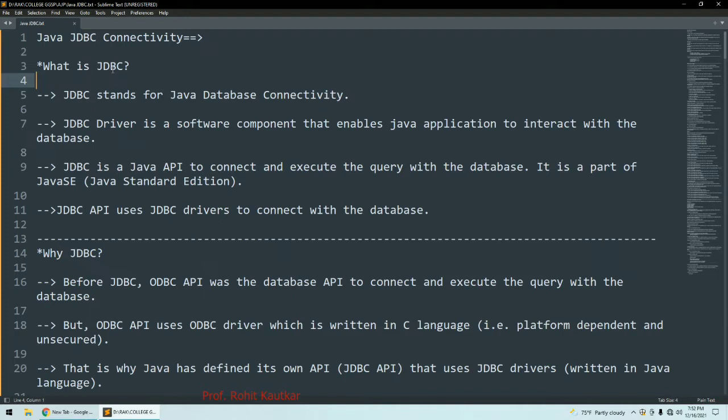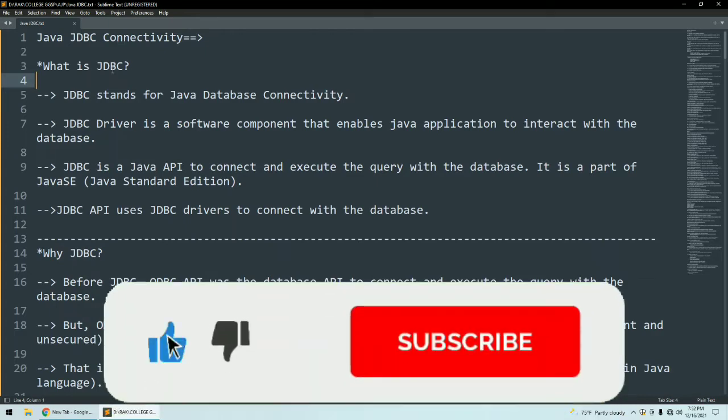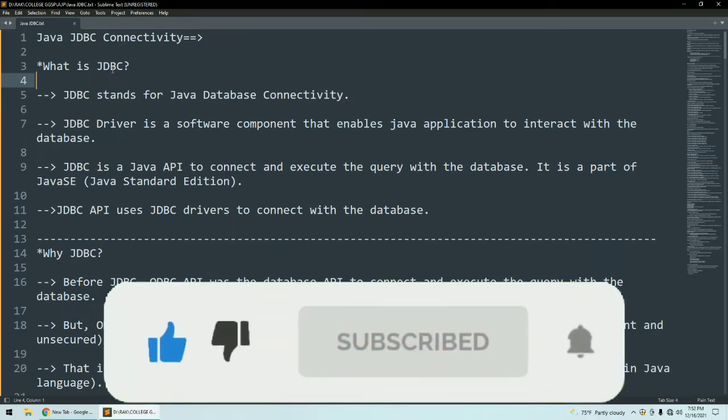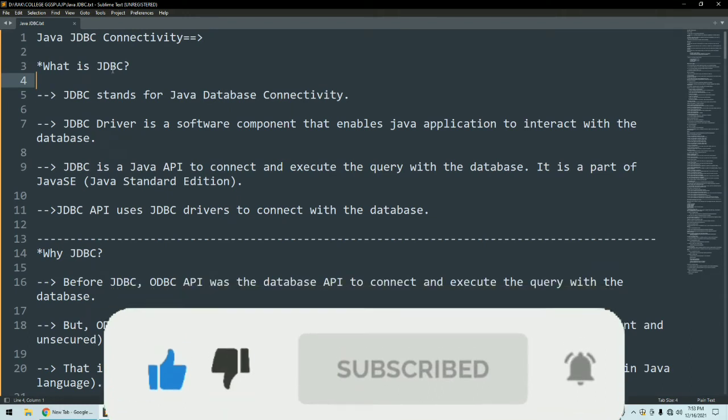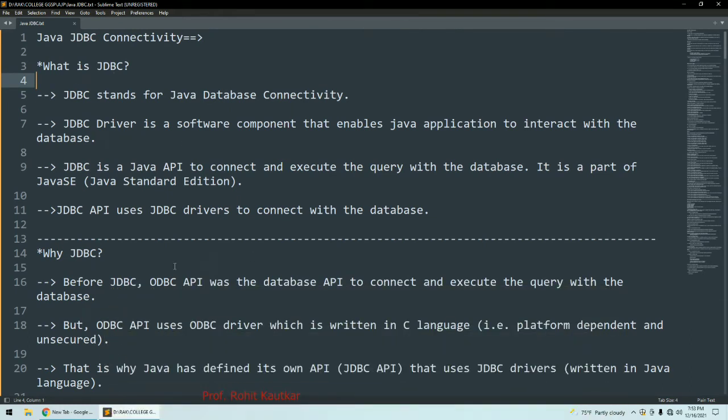This JDBC API uses JDBC drivers which are completely written within the Java programming language. Now you know that Java is platform independent as well as secure. That is the advantage you are trying to seek here. So before JDBC there was the ODBC driver.